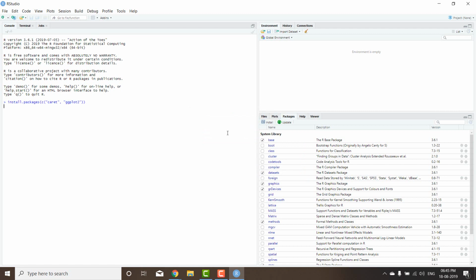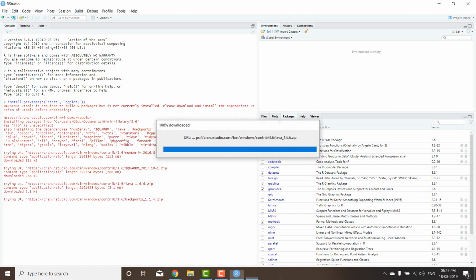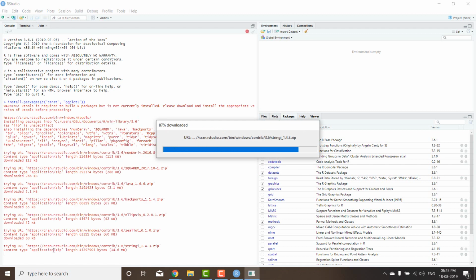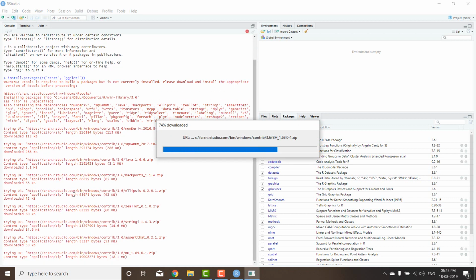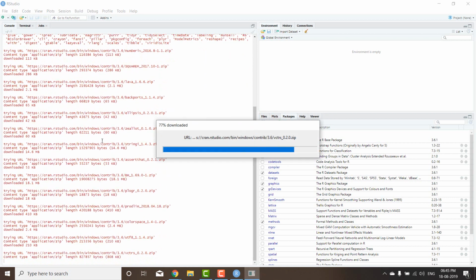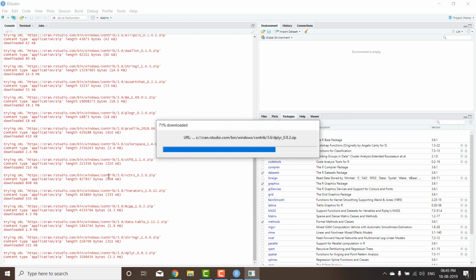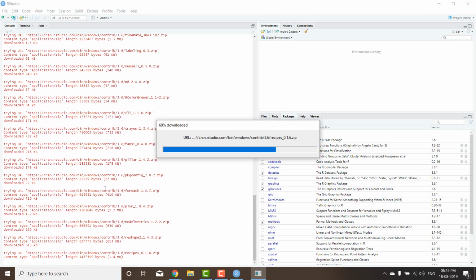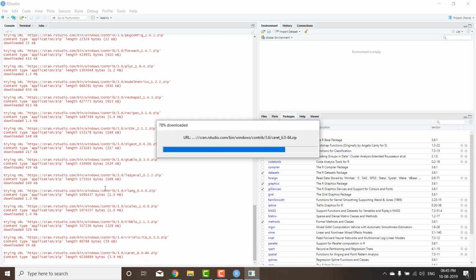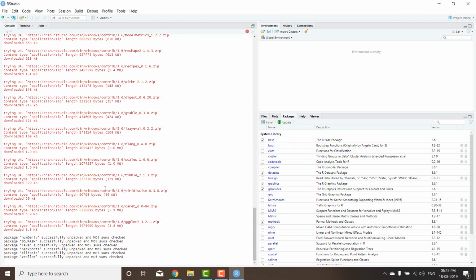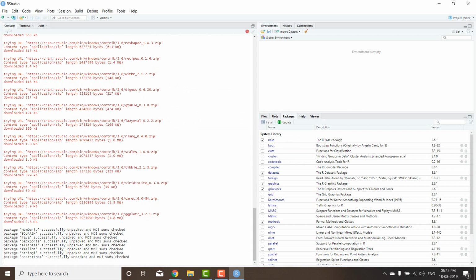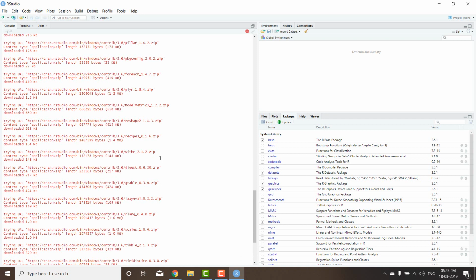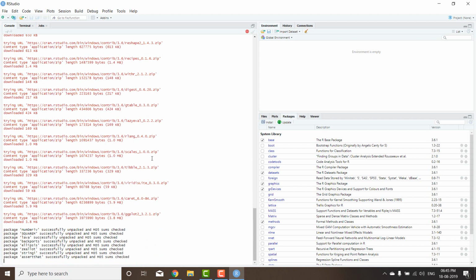right, and say install. If you do that, it basically takes all the supported packages and installs all of them one by one, right? There's a lot of packages that caret and ggplot are dependent on, and this takes care of a lot of packages getting installed at one time. So yeah, very good. Now once that is done, you can start off and do a lot of things with